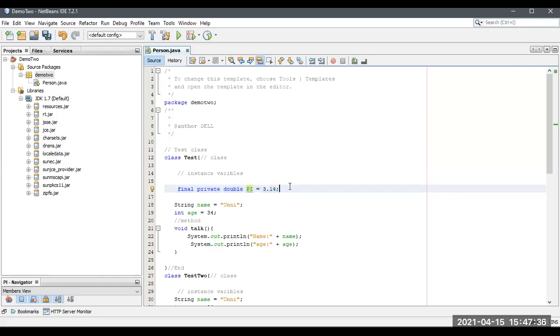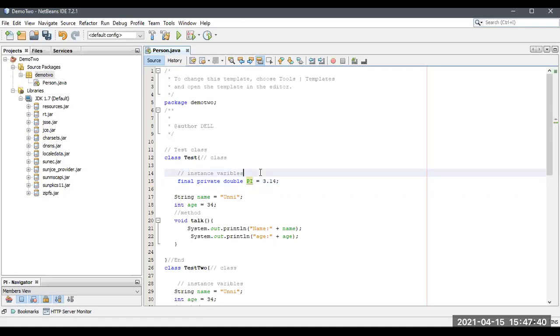So, got my point? This is the final keyword. What is the use of the final keyword? You are not going to change it throughout the program. I'm going to use only the same value, so there is no need to change it dynamically. Yes, I remember that one. That's why I shared the information about the final keyword.